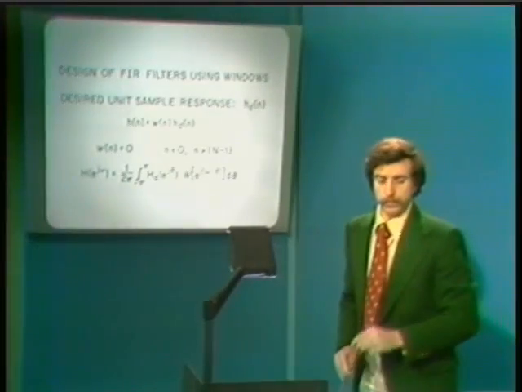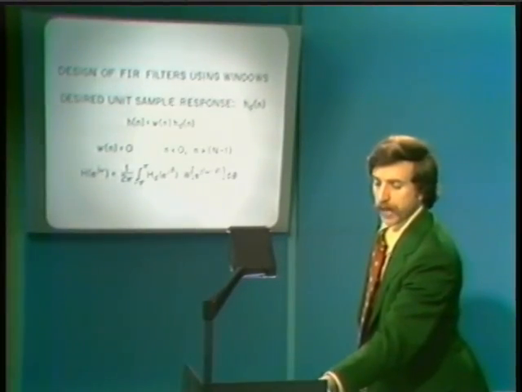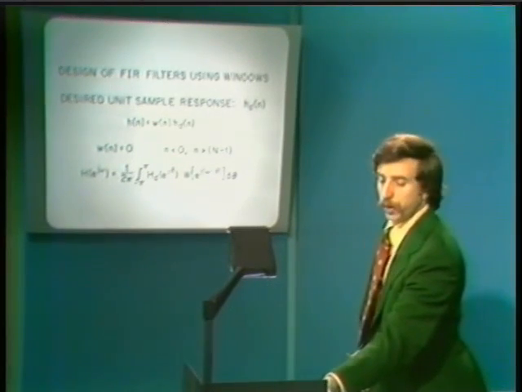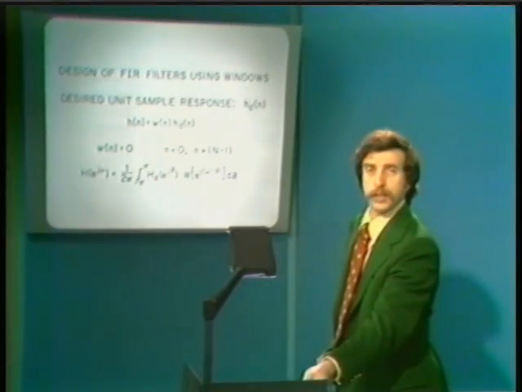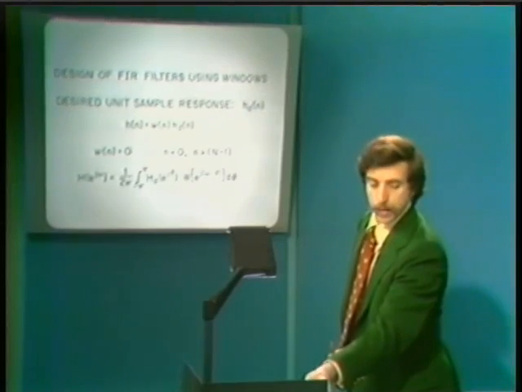For example, if we were talking about a rectangular window, and in a rectangular window, w of n is simply constant over the range 0 to capital N minus 1,